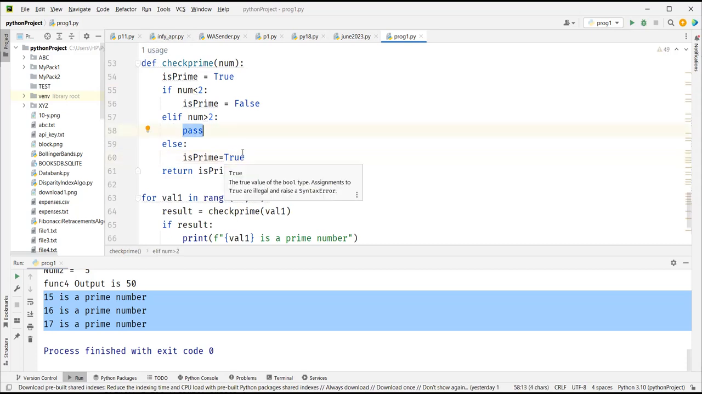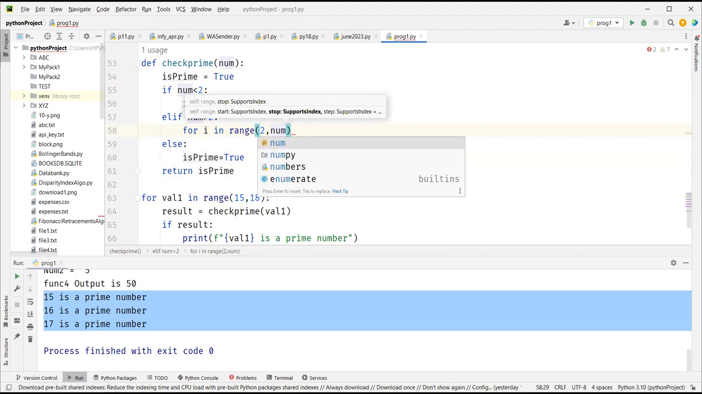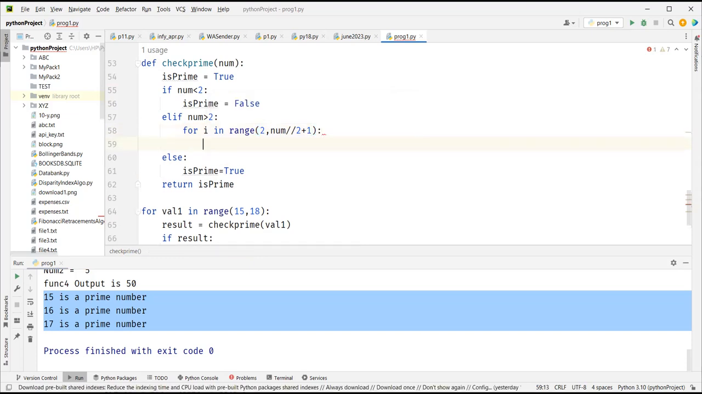Now, the logic here. So we will have to go for i in range 2, comma, num divided by 2 plus 1. That means if you are giving me 50, I need to check from 2 to 50 by 2 plus 1, 26. 25 plus 1, 26. That means when I say for range 2, 26, I'm checking from 2 to 25. If it is 99, I'm checking from 2 to 50. If it is 101, I'm checking from 2 to 51. So if it is divisible by any of these numbers,